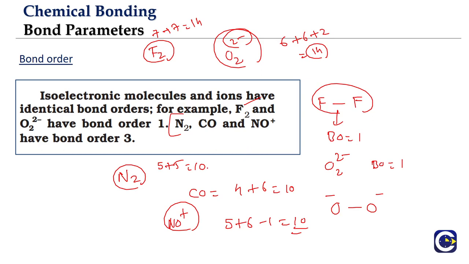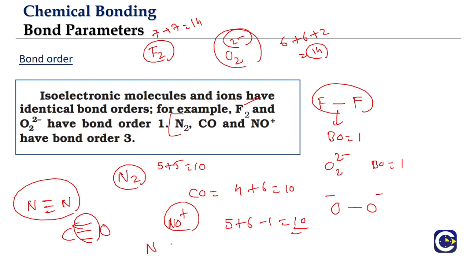Okay, now the isoelectronic species, what will they be having? They'll be having the same bond order. So in this case what we'll see is in N2, what is the bond order? It is 3. In CO also, we talked about the CO in the Lewis dot structure discussion. So CO means you will have a double bond, and then there will be a coordinate covalent bond from the oxygen to the carbon. So this is the CO, where again we will see that there are 3 bonds between carbon and oxygen. And same will be the story of NO also. So NO also we'll be having 3 bonds.